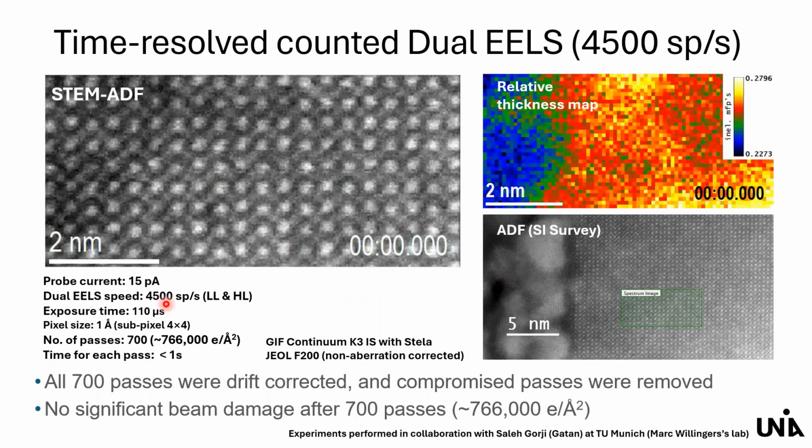Exactly. And the other question was, did you sum the first 100 passes of the counted EELS in GMS? Yes. We do have some videos showing how to do this. Because we have this time resolved data set, you can have access to all the passes, all the 700 passes. You can treat it similar to the way you treat actual in situ data, and you can sum, for example, the first 100 passes.